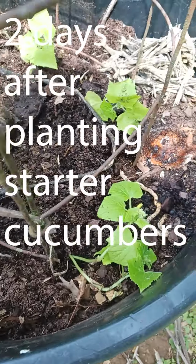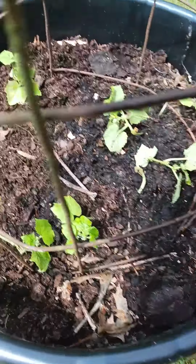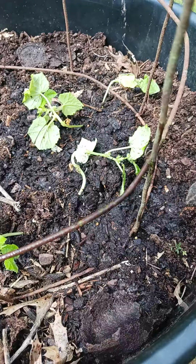Alright, so we do have these fresh little cucumbers going on here. Parts of them are Boston pickling cucumbers. I've had a lot of luck with Boston pickling cucumbers. They're the best. So, anyways,